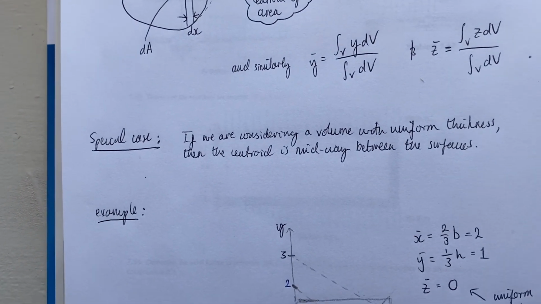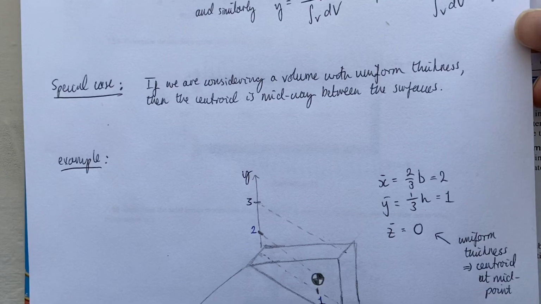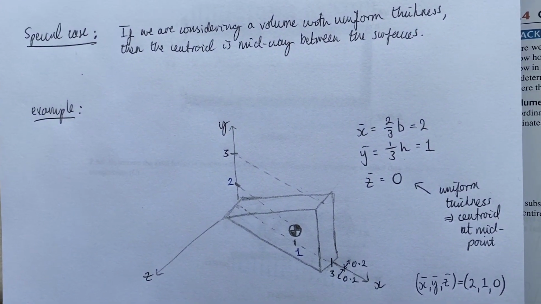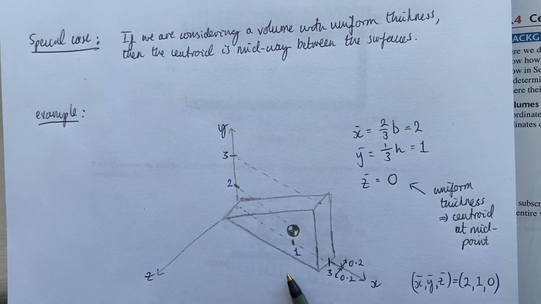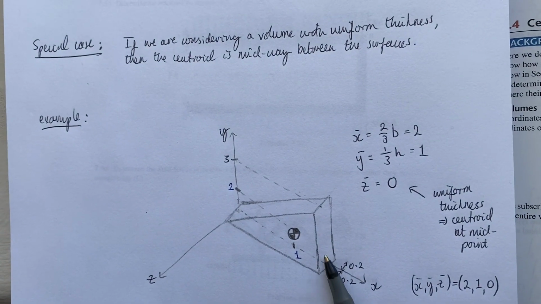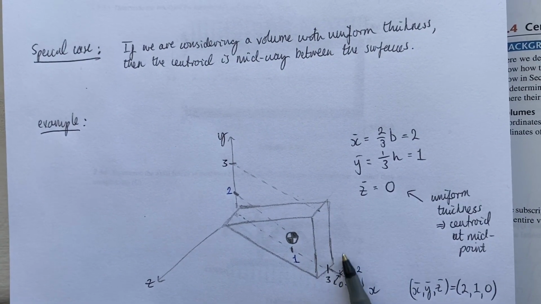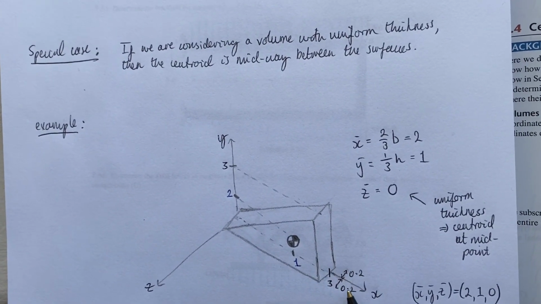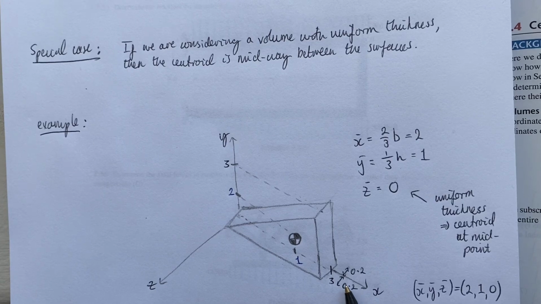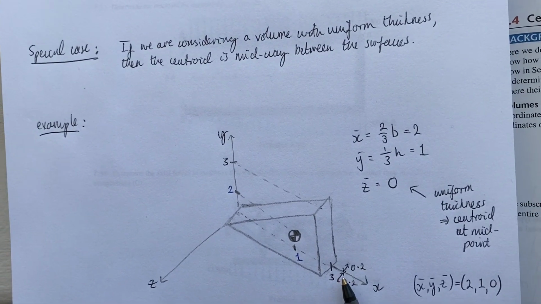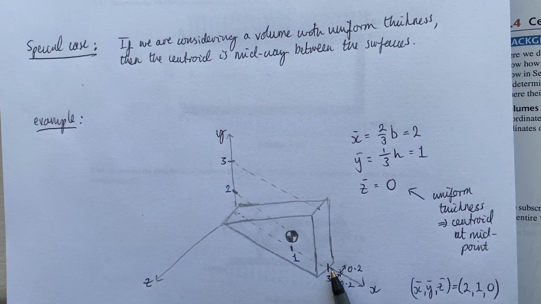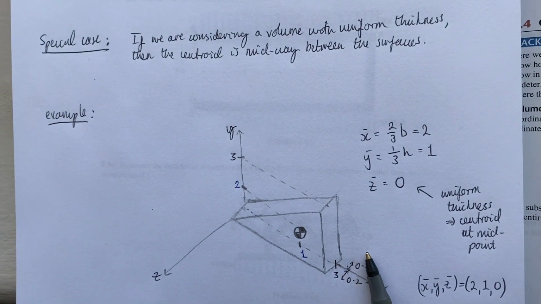And to show you an example of that, what we have down here is an example of this triangle shape, right? So it's basically half of a 3x3 square that's been cut in half. It's got uniform thickness of 0.4, right? And it's centered about the x-axis. And if we wanted to find the coordinates of the centroid,